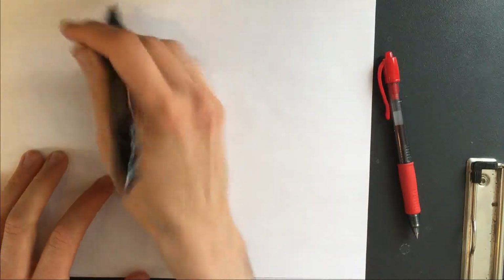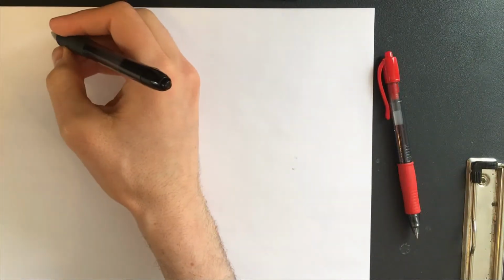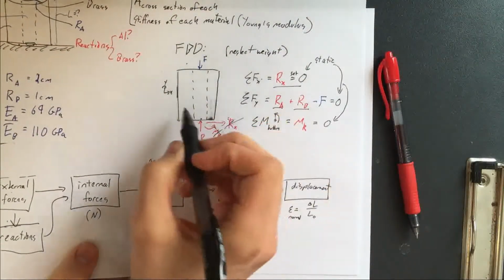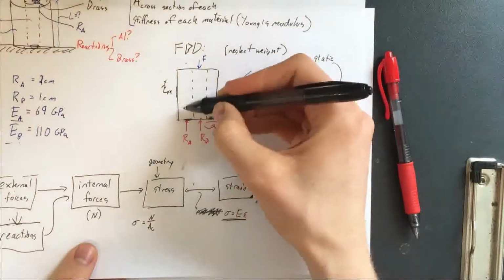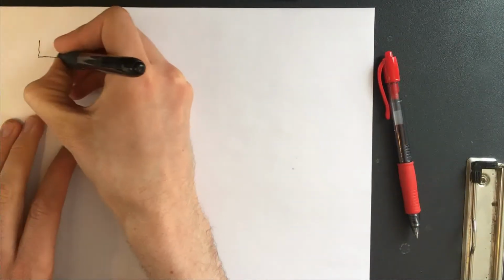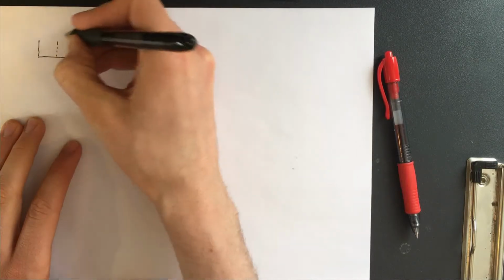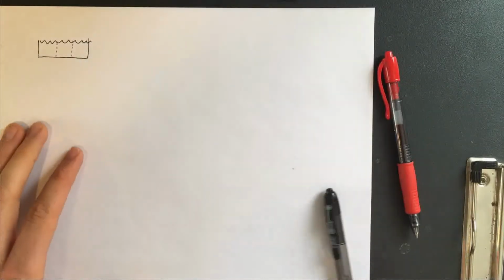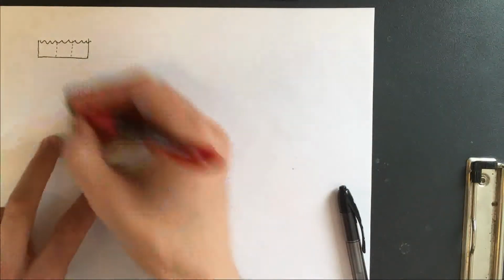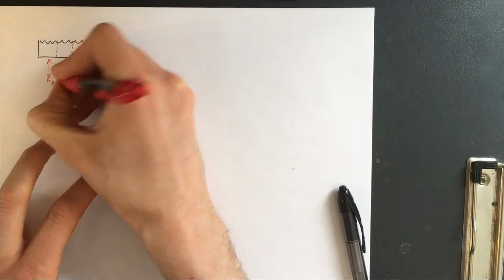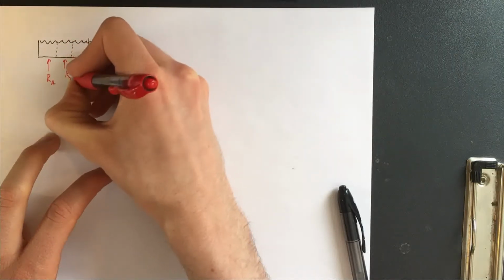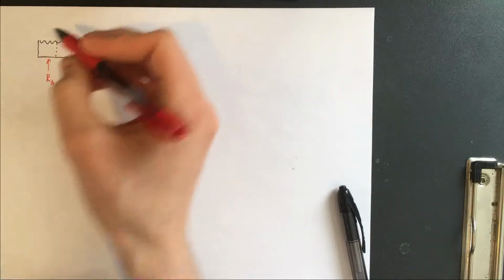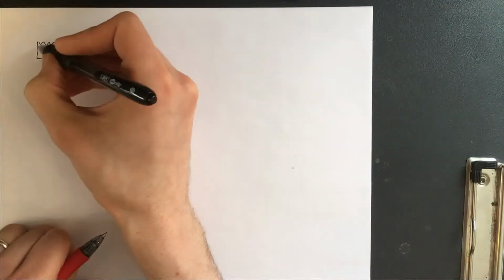So to figure out normal internal loads, we can take our original system like this, and we can imagine cutting through and trying to figure out the normal loads. So if we take our system like this and cut it, on one side we have our reaction forces here, and then we know in each of these segments, in the one part of the segment that's aluminum,